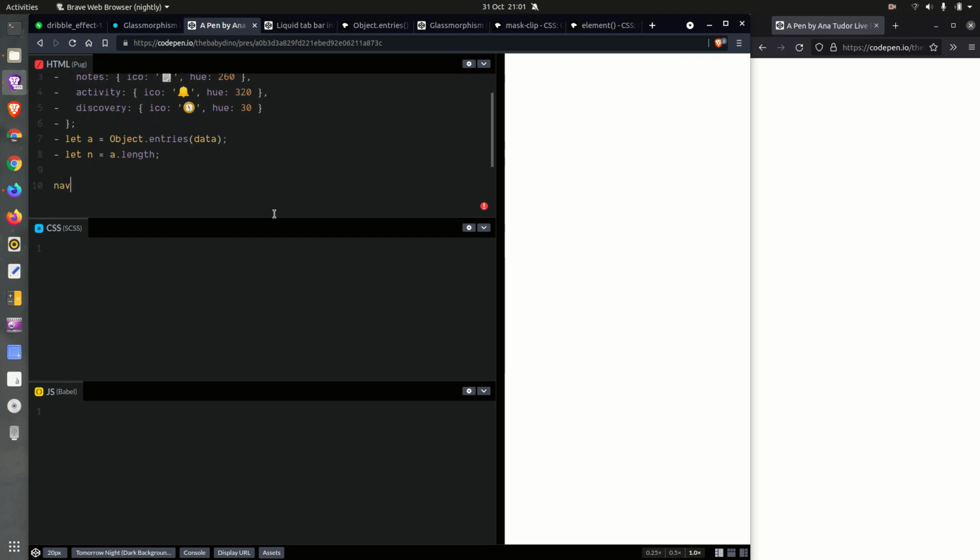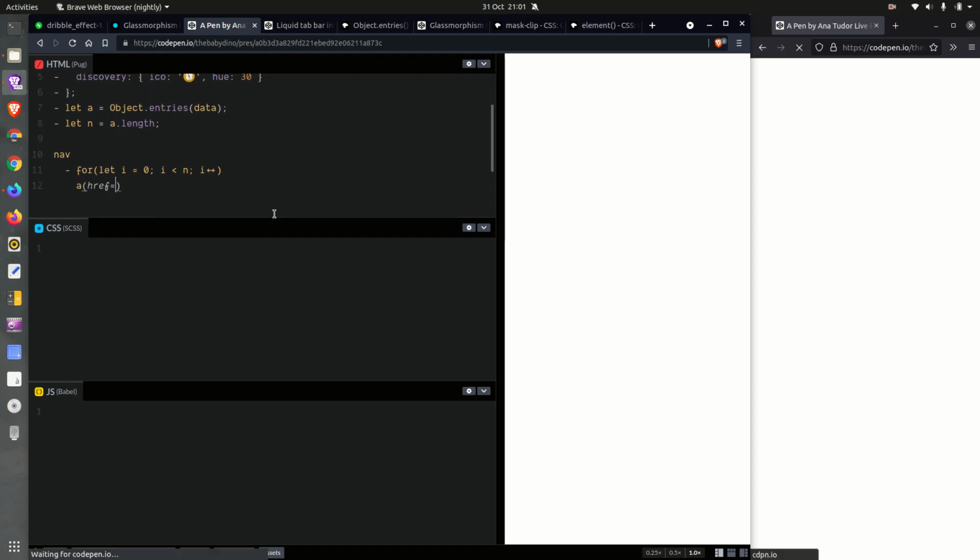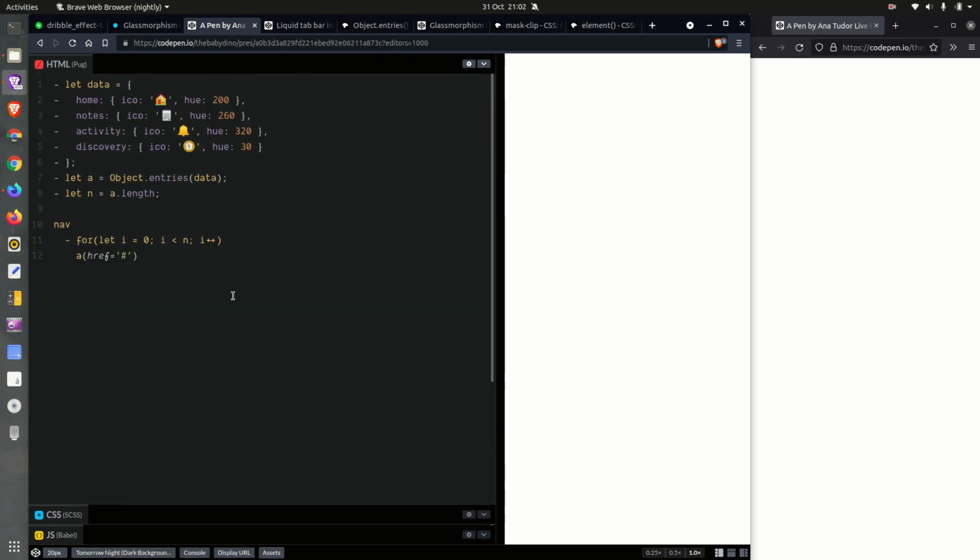and we are going to put everything in a nav, and that includes a loop. So for let i going from 0 all the way up to n, and if I could type, that would be amazing. Okay, and put the links. Okay, now let's maximize this so we can see everything better, and we are going to put the text inside